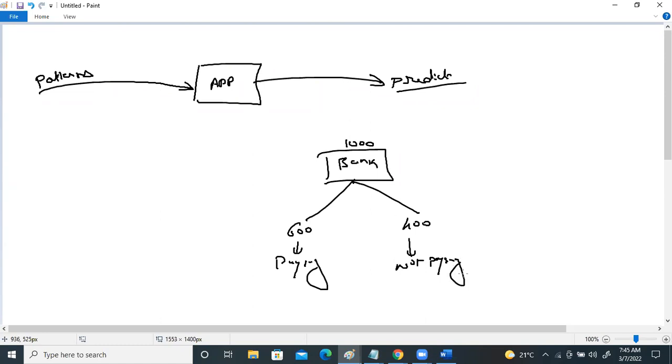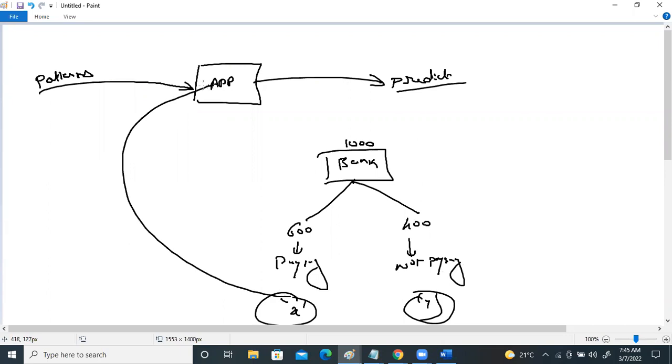The 600 who are paying the loans have some common features. I'm grouping them as X features. And the people who are not paying the loans have some common features like their age, their income, their financial status, right? I'm grouping them as Y features. Using these X and Y features, I provide them to my application. The application is trained by using these data patterns. Based on the data patterns, the application needs to predict, like tomorrow, if 100 new customers